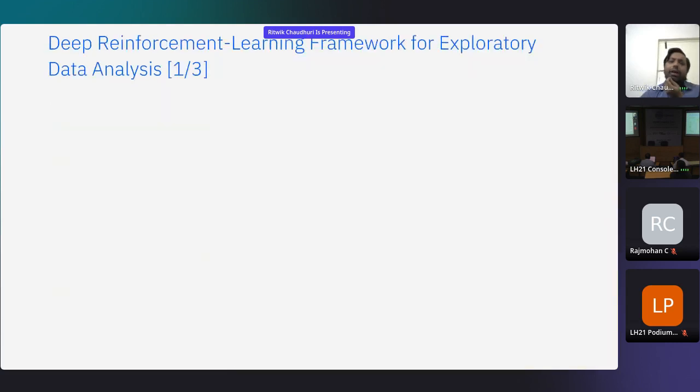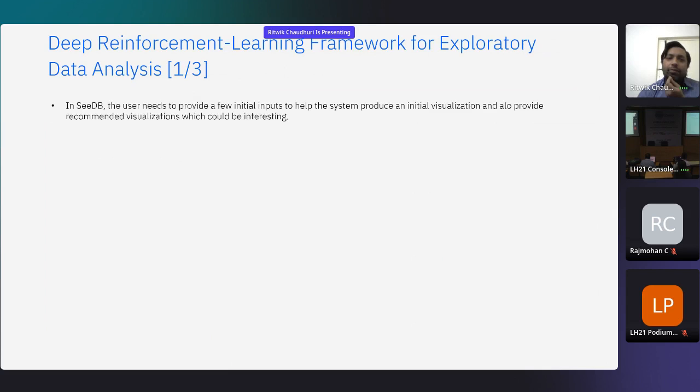Then there is this other method. CDB actually needs user input, but there is this method on a deep reinforcement learning framework for exploratory data analysis, where no user input is taken at the beginning. Rather, the user just inputs the data, and the system tries to guide the user in a certain data discovery direction. And what happens is that